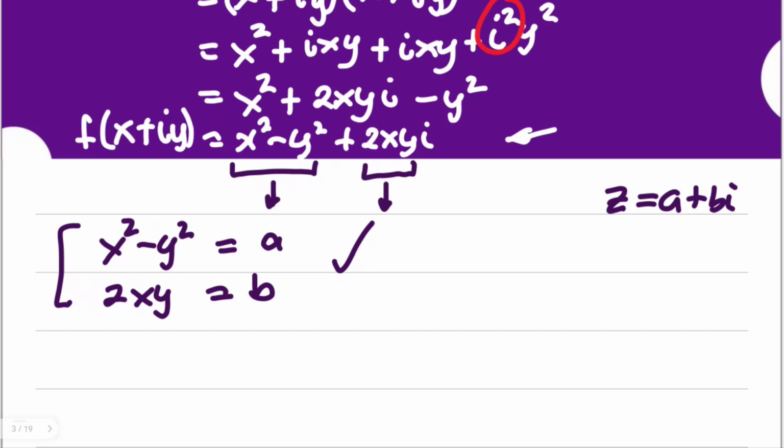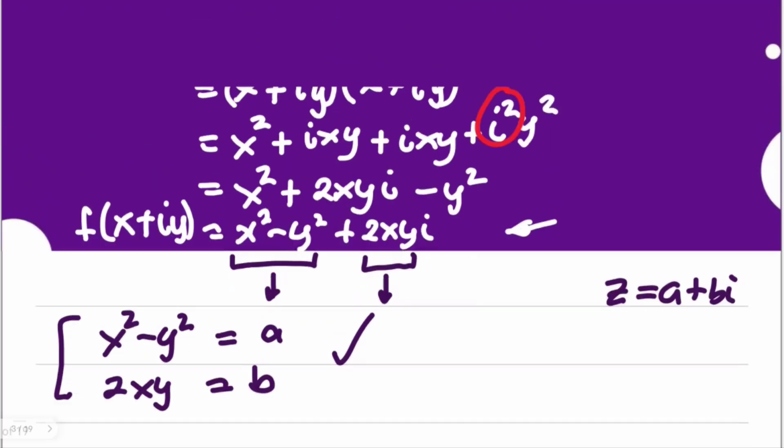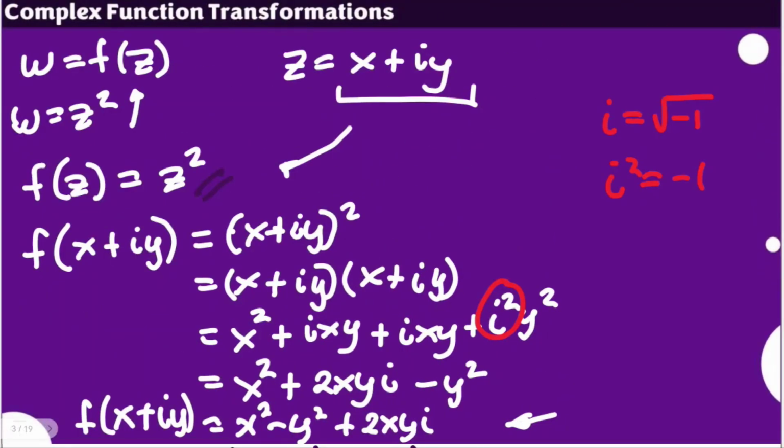So the point here of transformation is that we were able to express our function in the form of x and y, as x and y are components of your z. There are some instances that this is similar to that, and in the previous topic as well, we also tried to solve complex numbers. Instead of z forms, we were able to use x and y, and that was actually an example of a transformed complex function. So this is just the point of the complex function transformation. We can of course integrate whatever will be a representation of our z in our function if necessary.